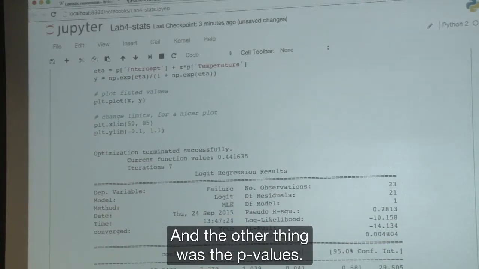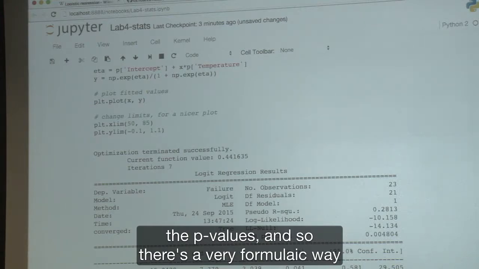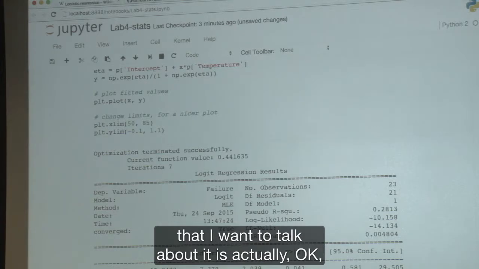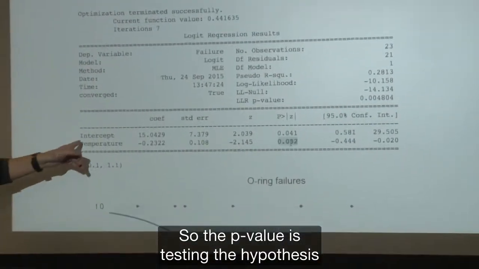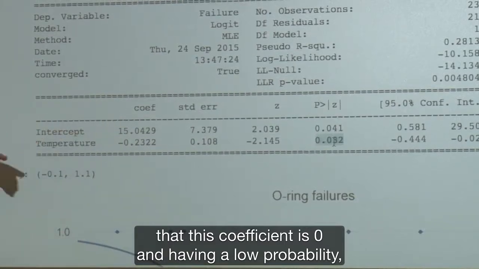And the other thing was the p-values. In the homework, we're going to ask you to interpret the p-values. There's a very formulaic way to interpret the p-value, but the way that I want to talk about it is, what does the p-value mean? The p-value is testing the hypothesis that this coefficient is 0. And having a low